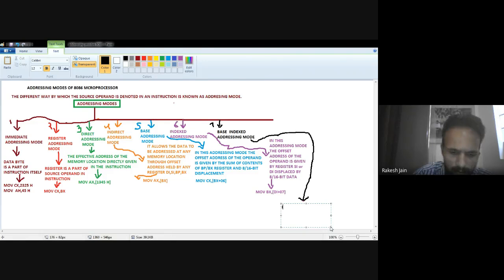In this addressing mode, the effective address or the offset address of the operand is given by adding the base register and index register content.